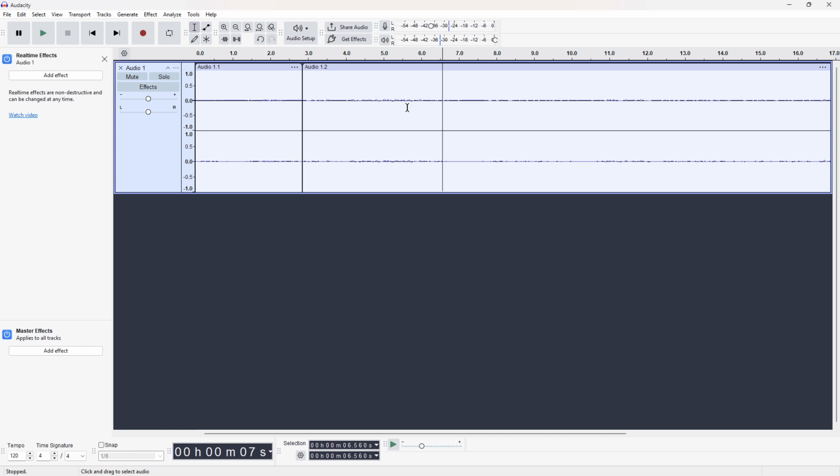Taking your time to make precise cuts will keep speech sounding natural and music transitions smooth. If a cut sounds abrupt, adjust the cursor slightly and repeat the same action until it feels right. That's all there is to it. Open your track, place your cursor, choose Edit, choose Cut, and repeat wherever needed. With a few steady passes, you'll have a clean, trimmed version of your audio ready for whatever